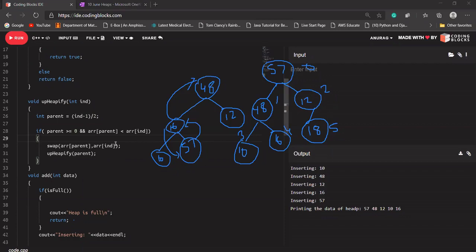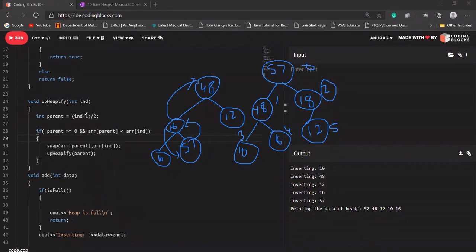So it is saying swap these two values. So I'm going to swap these two values. 12 will be swapped with 18. So here comes 18, and 12 goes here. Right now the parent index 2 is stored. So it is saying call up pp5 again with index 2. Okay, Smith, it is clear. That's good. So it is calling it with parent 2.